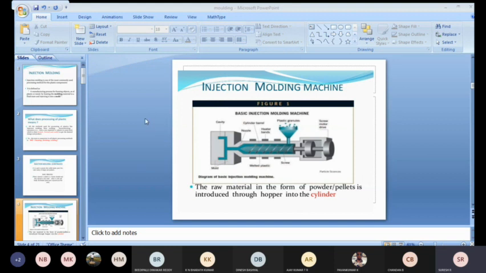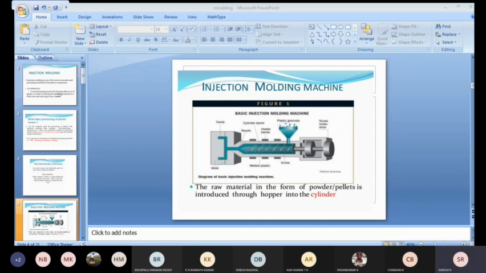This is half of the mold, and this is the other half of the mold. So basically there are two halves of the mold, which we call the male and the female die. This is one half, and this is the other half. This is the cavity. Cavity means whatever shape we need. That depends upon the shape we select, and we select the type of mold accordingly. Getting it?